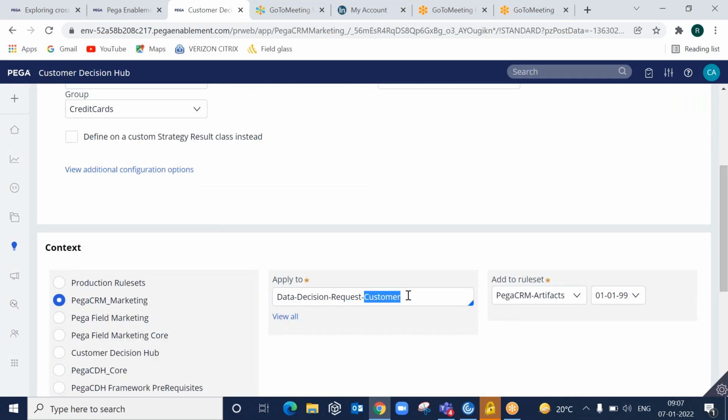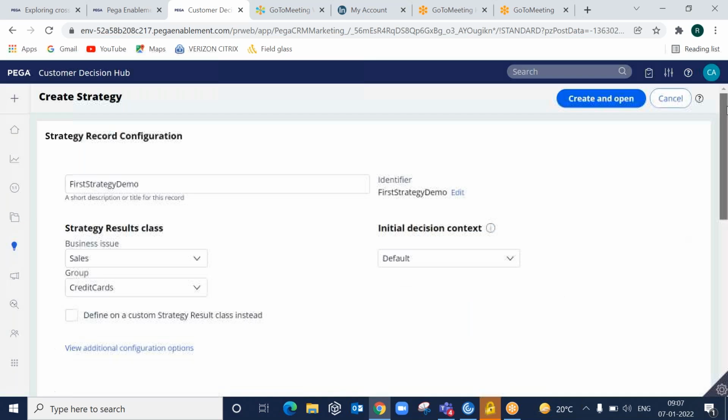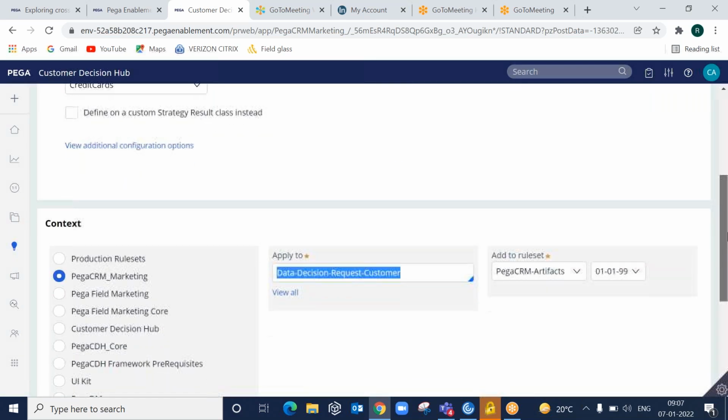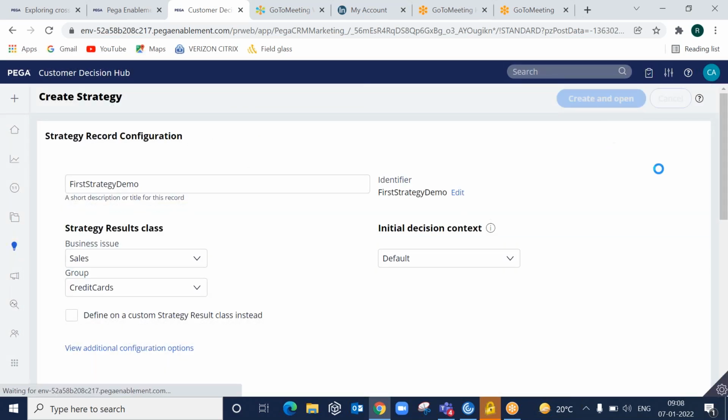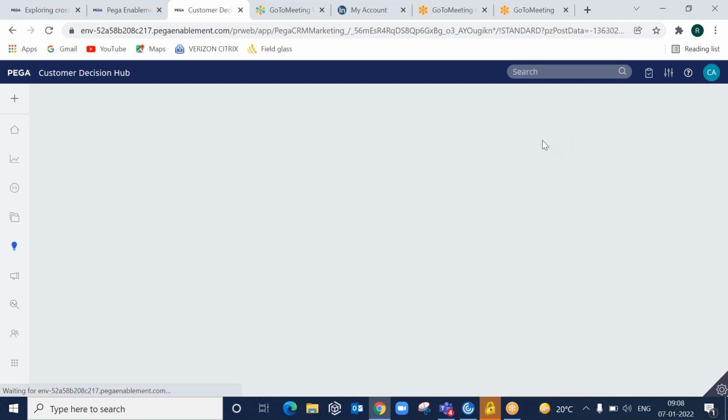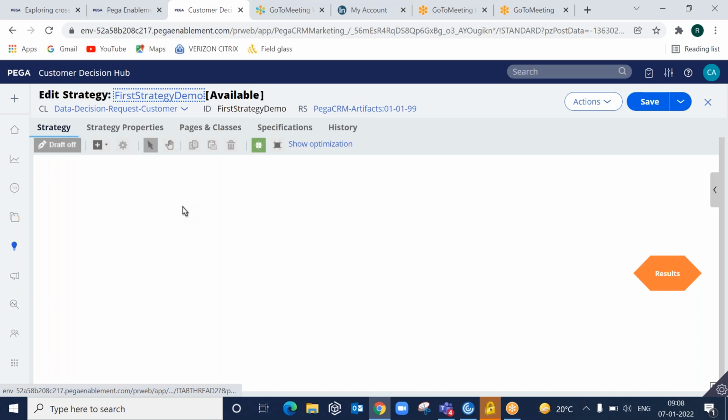Let us keep it the same class for now. I will tell you the purpose of that class later. Just leave this as it is and create and open. While creating the strategy, I selected the business issue sales and group as credit cards.